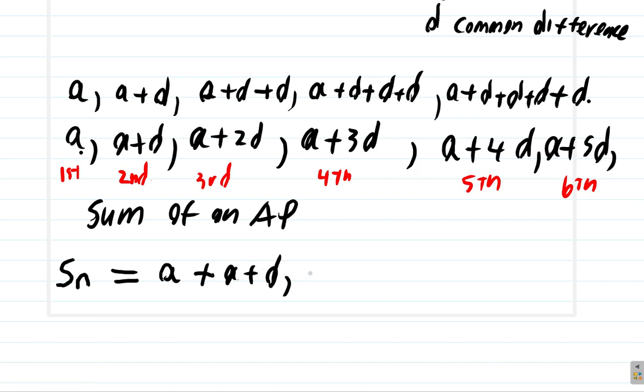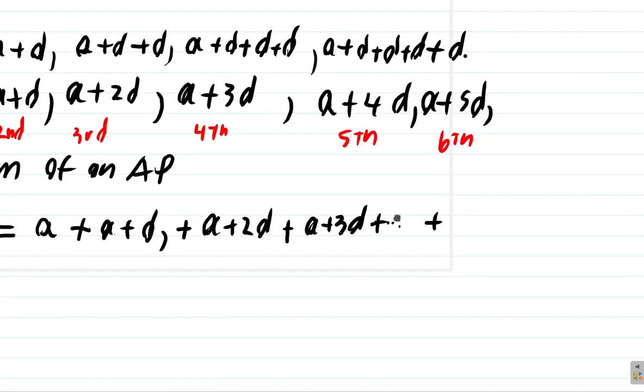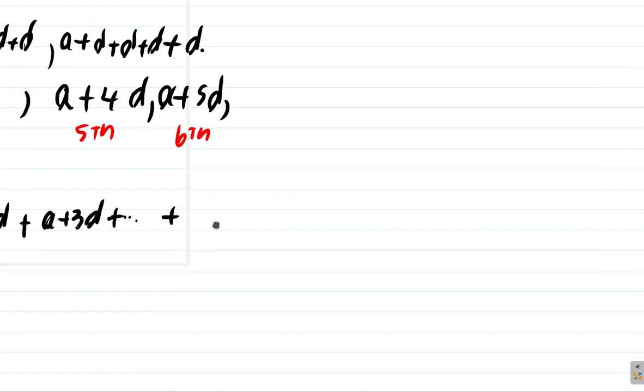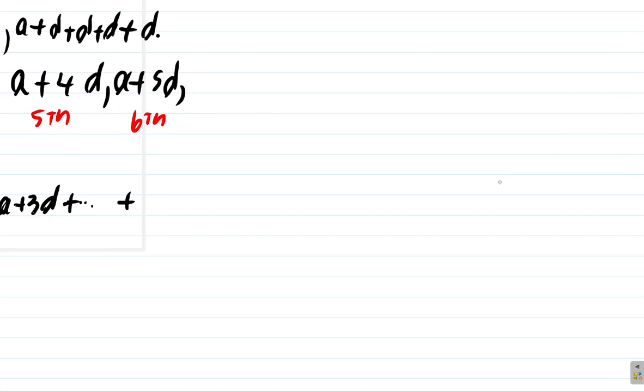Alright? Plus the third term is A plus 2D. Plus the fourth term was with what? A plus 3D. And so on. Right? Plus, alright. We leave out some. Plus. What will be the absolutely last term? Let's put it out here. The last term would be what? It would be A plus,